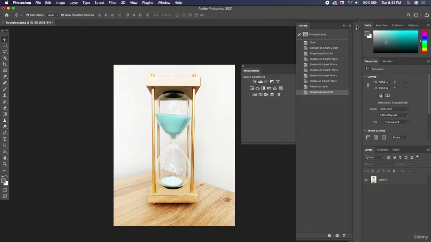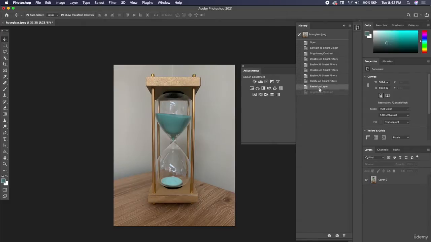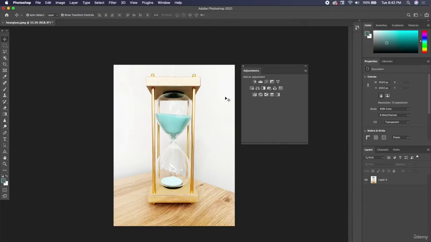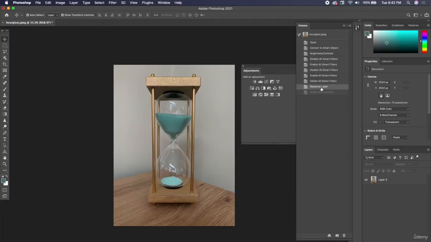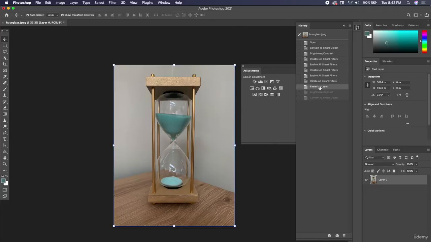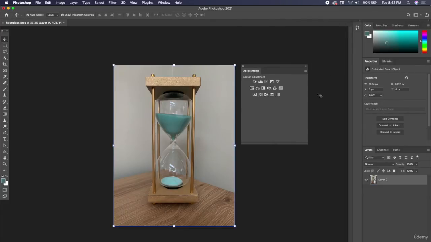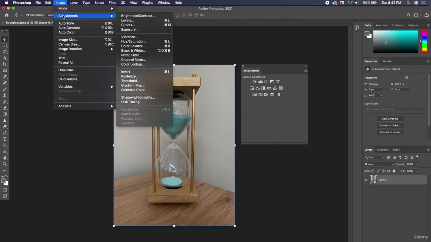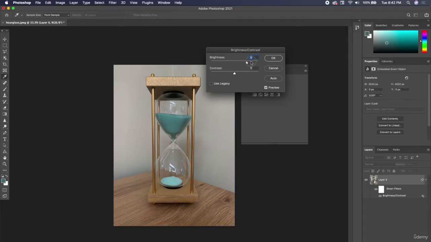I can go back in my history panel and go back one step. But let's say I've already done 5 other edits to it. I changed the color and sharpened it and did several things. I have to go all the way back to this step if I wanted to change or adjust anything. So let's go back in our history panel to right before we rasterized the layer, and now it's back as a smart object. So I can go back to Image, Adjustments, Brightness, Contrast,